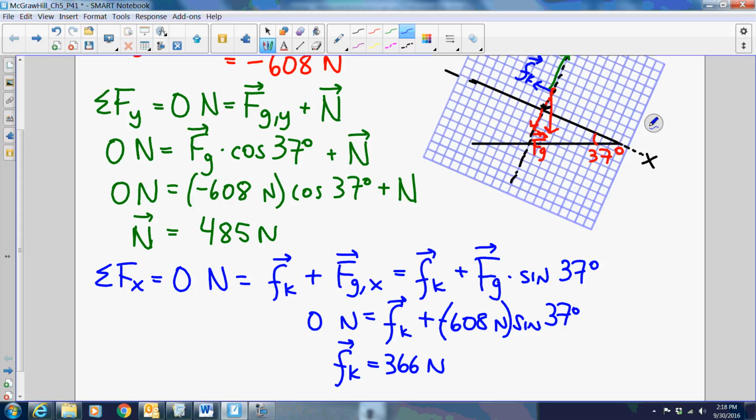Now, technically, you know, which one's positive, which one's negative? On my picture, I would have called the friction a negative force. But in a minute, we're going to take the absolute value anyway. So maybe I'll just write myself a note, like,